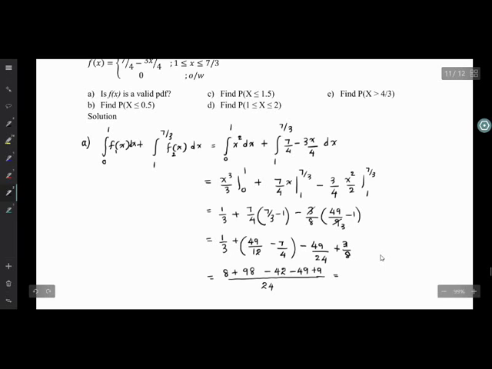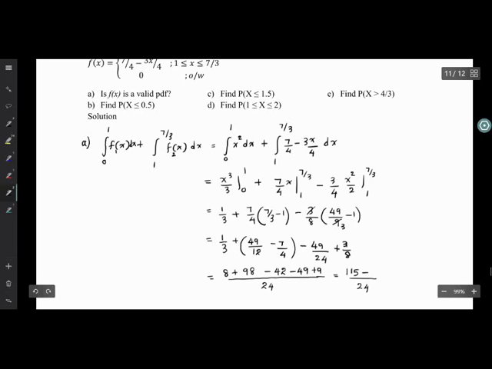Okay, so the positive values, we get 98 plus 8, 106 plus 9, 115